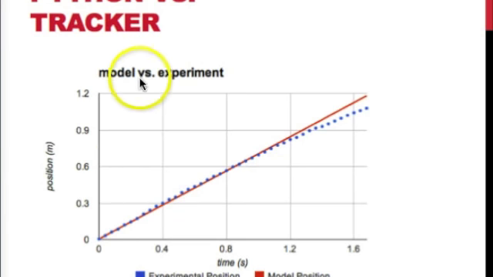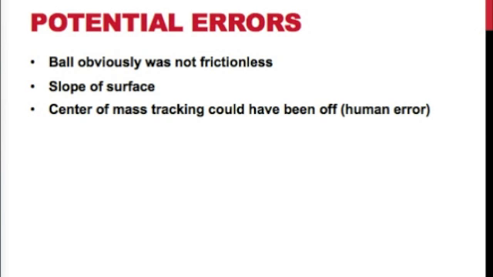Here are the results from the Python versus the Tracker graphs. The Tracker graph is the blue dots that go up here, and you can see they tail off at the end as the velocity naturally slowed. The red line has a constant slope, which is what was calculated through the Python graph. A reason that the volleyball line in my experiment probably tailed off at the end: